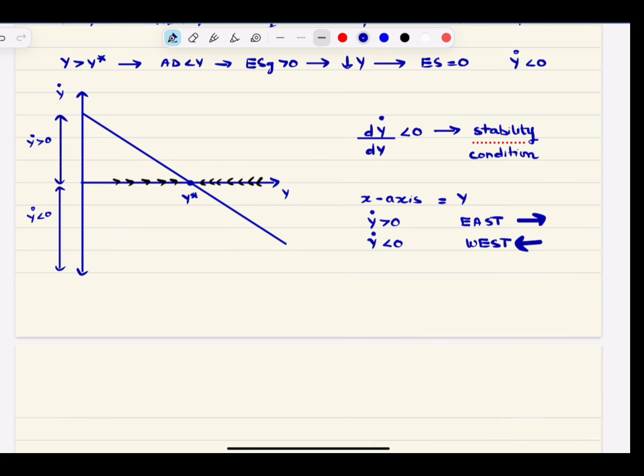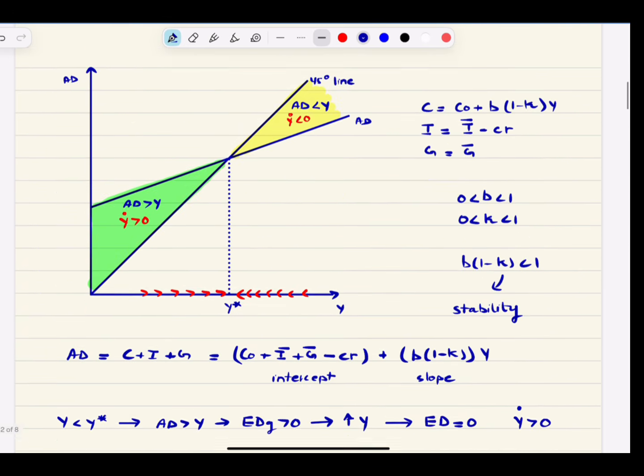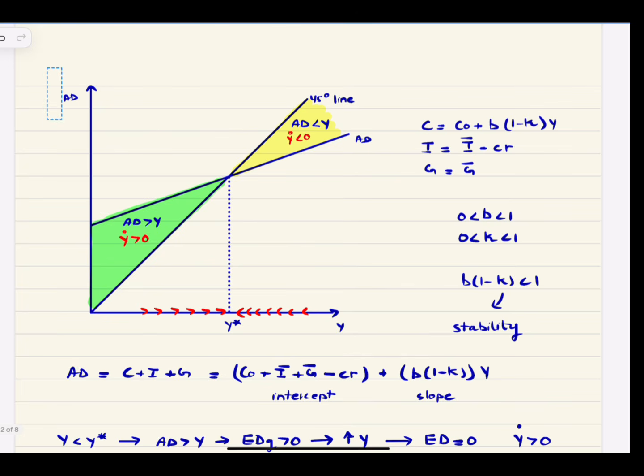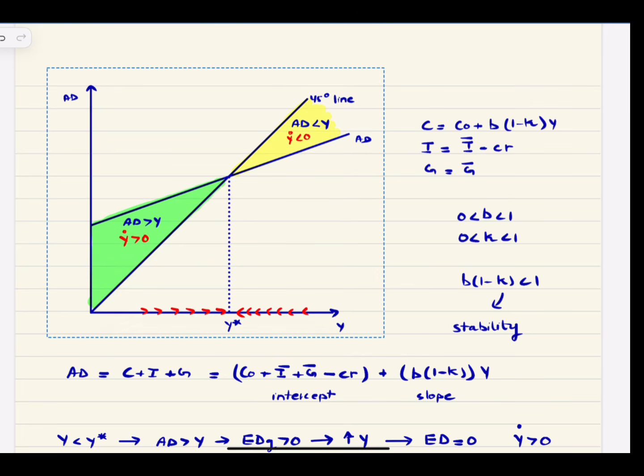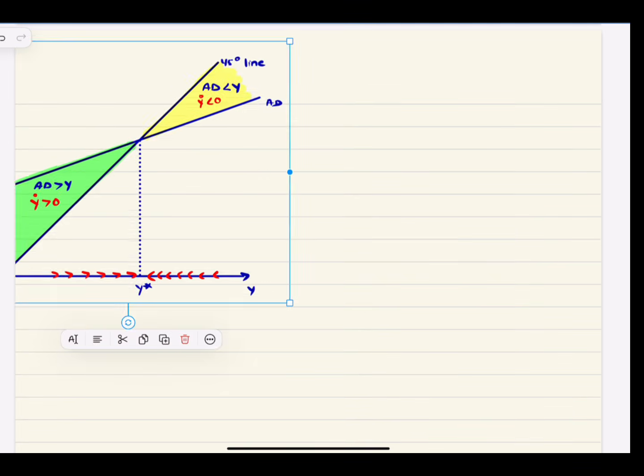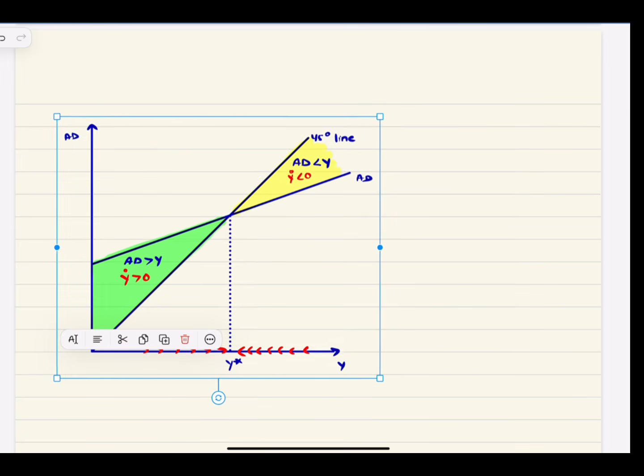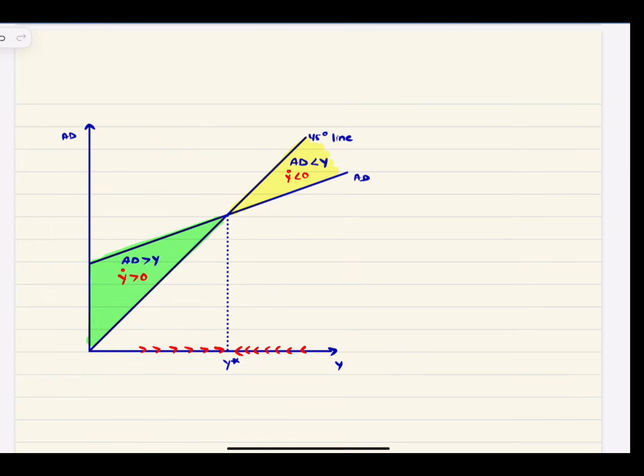So now we're going to use this to make the phase diagram for the IS curve. I don't want to waste time by making this again. Since I have an iPad, I'm just going to copy paste it and show you guys how to make the phase diagram. Okay, so